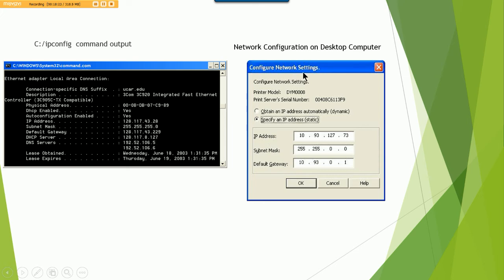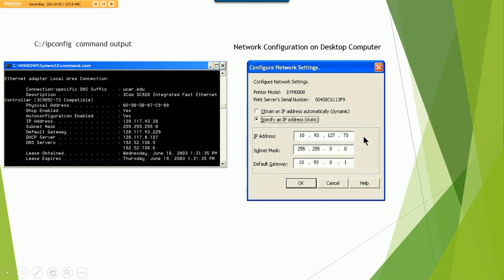Over here we have a network configuration of a static address. So somebody, the IT administrator, network administrator, or someone went into the software on the computer and they came up to the prompt that would allow them to enter in an IP address, as you see here. The first thing you would have to do is make sure you click this radio button, specify an IP address statically, or static, and then you would type in